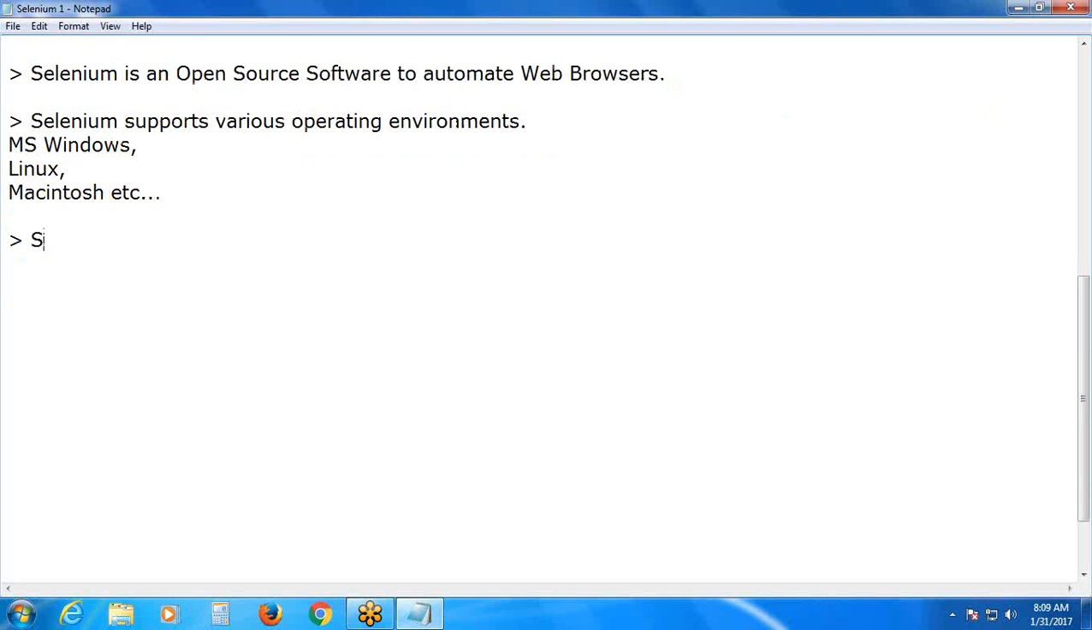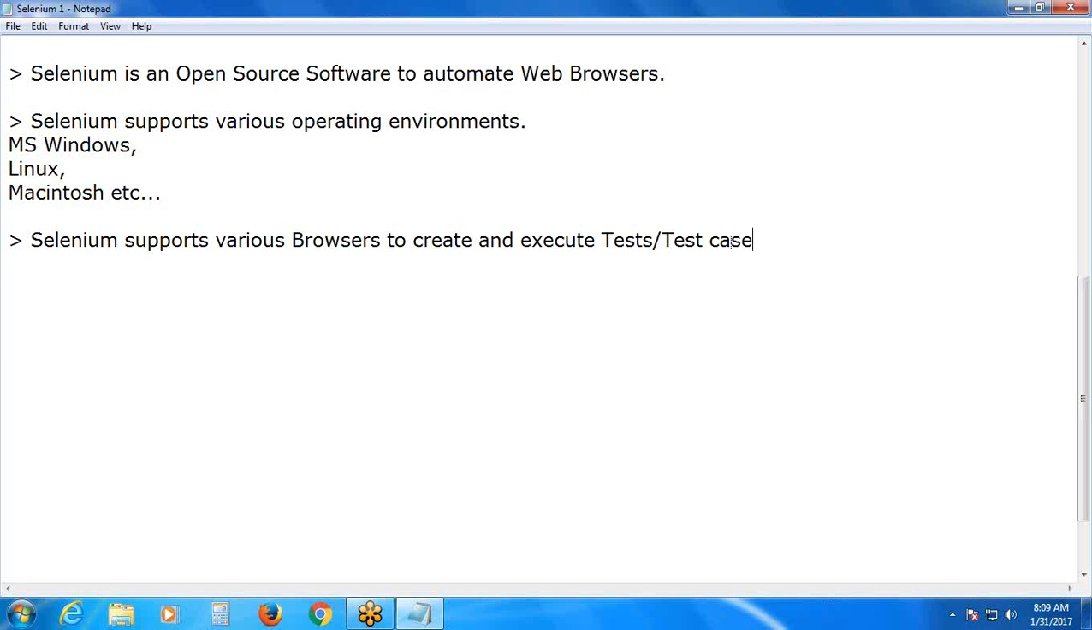Observe, Preeti, Selenium supports various browsers to create and execute tests, or you can say test cases. See, observe,